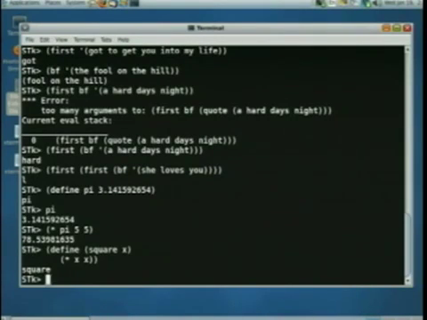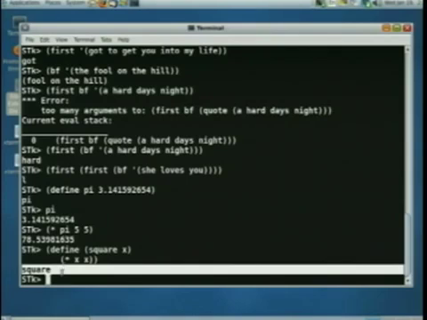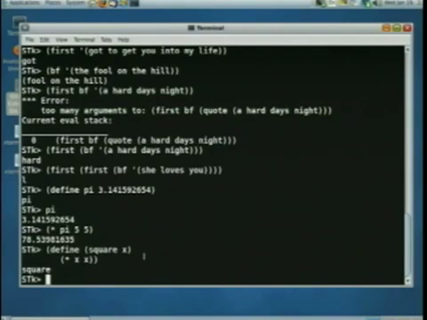By the way, notice when you say define, what you get back is, as the returned value, the name that you're defining. So up here I defined pi, and it said pi. And here I'm defining square, and it says square. So what does this mean? It means when you call square with an argument, like if I say square of plus 2, 3,